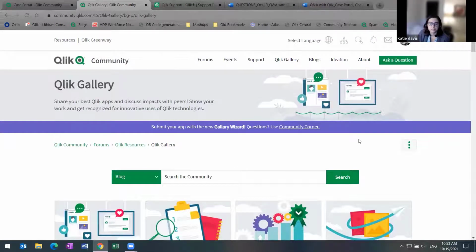And there is one last question, which I do want to touch on briefly, just because I know I had the same questions when I joined Qlik. There are a lot of ways to find resources. There's learning at Qlik, there's help.qlik, there's community.qlik, and so on. Can we describe some of the differences between them?